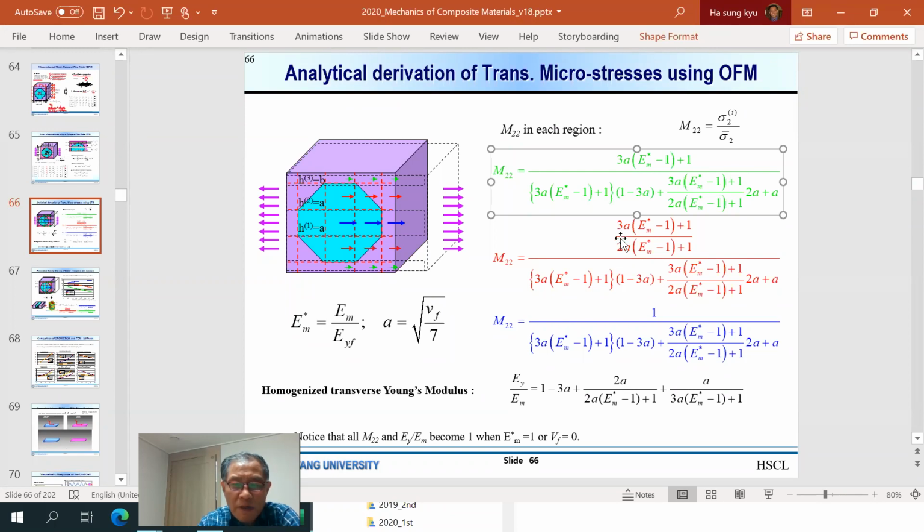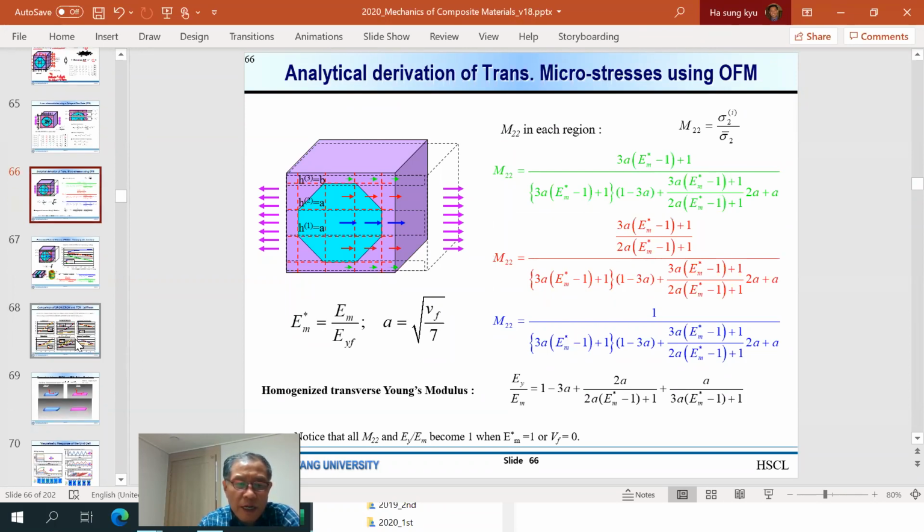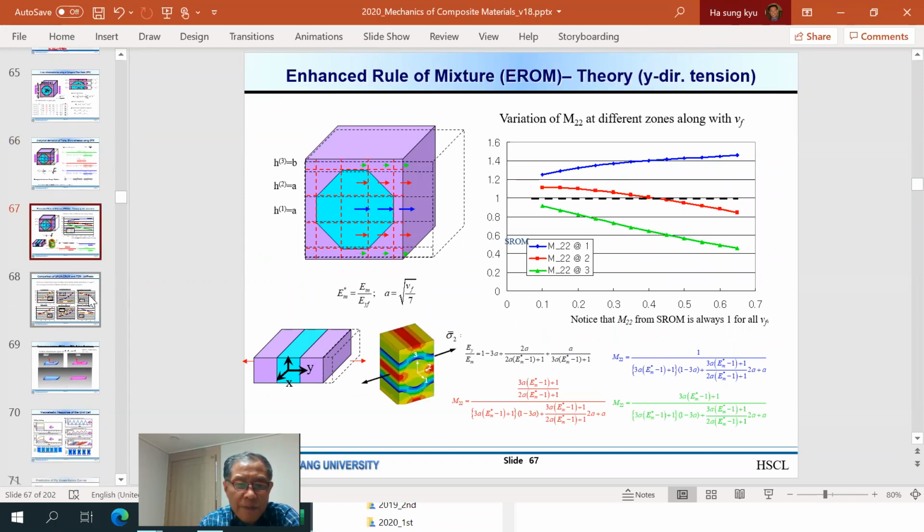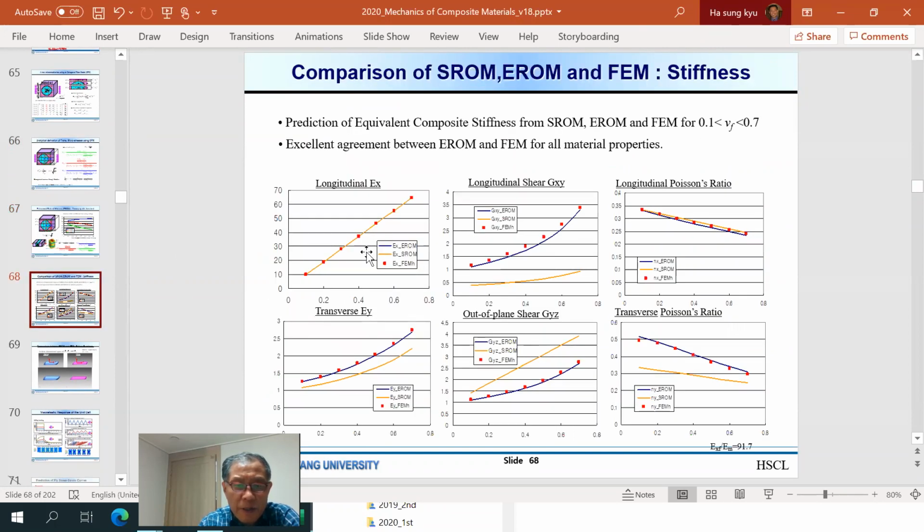So it's very convenient and easy to program rather than numerically calculating every time for the given material property and fiber volume fractions. And these results are compared with